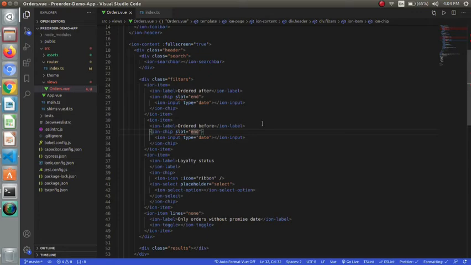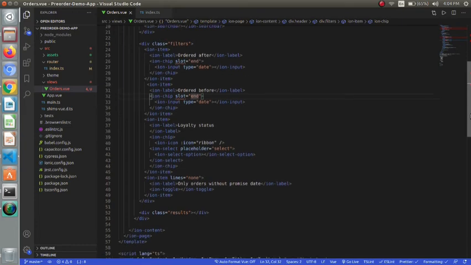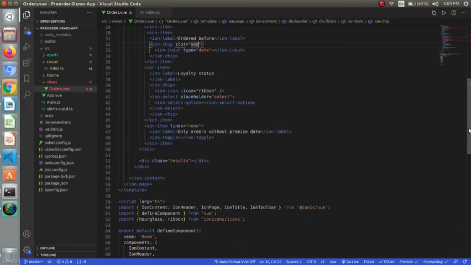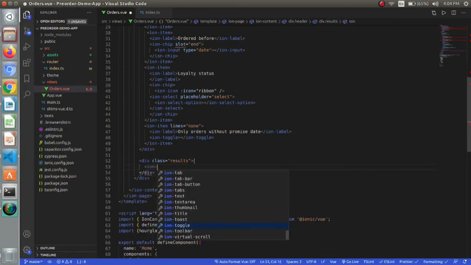So both the chips are at end now. All the three components are created. So now we will focus on its grid, how we achieved the grid that we have shown.